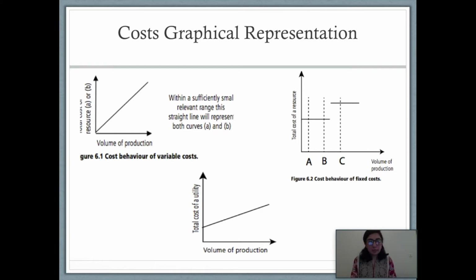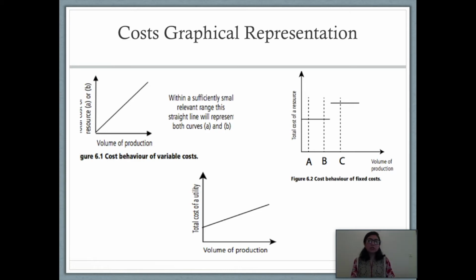When you rent out any place, if you have a property that you want to rent out, you're going to have a rent agreement which states that for a year the rent will be, let's say, for example, 50,000, right? And the agreement will state that every year there will be an increment in the rent amount of 10% or 5%. Now, the fixed cost is the rent here, which has no link to the volume of production. Yet, there will still be an increase in the fixed cost rent on an annual basis.